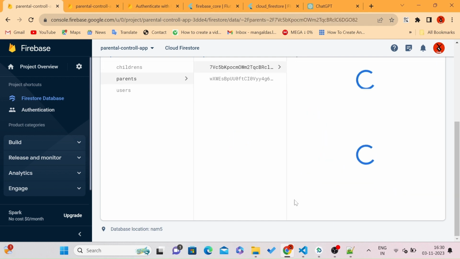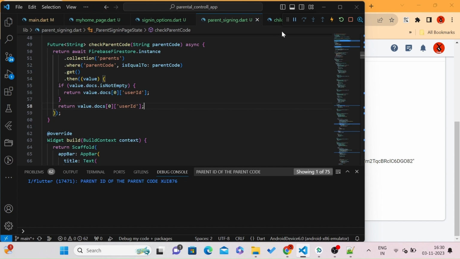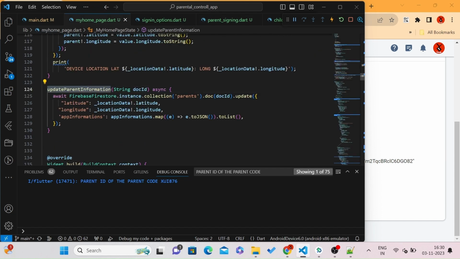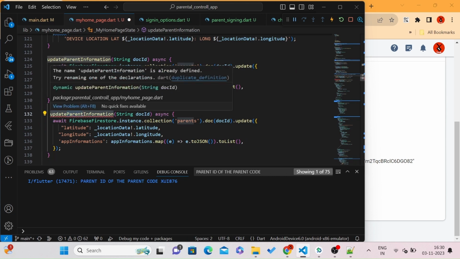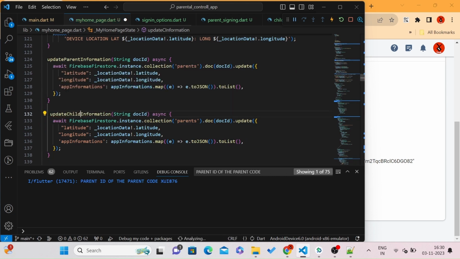To do that, after sign in, our page will be redirected to my home page, and in our my home page we are updating the parent information. Similarly, I will create another method to update the child information,